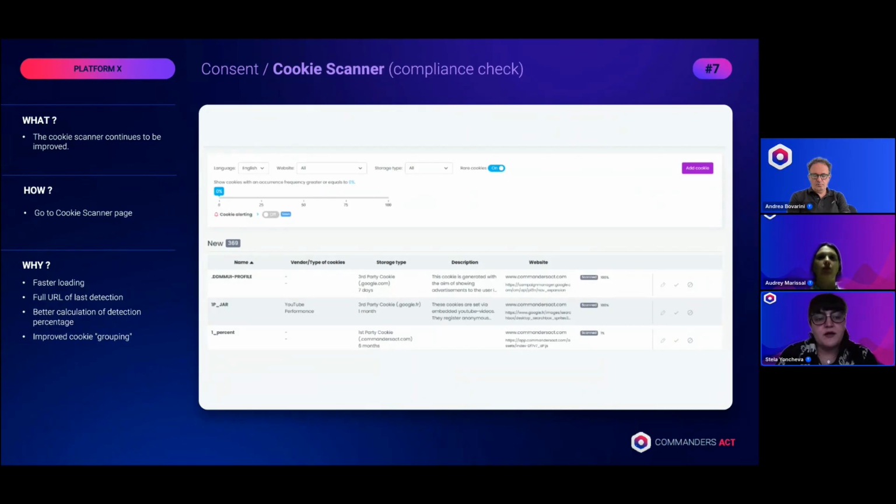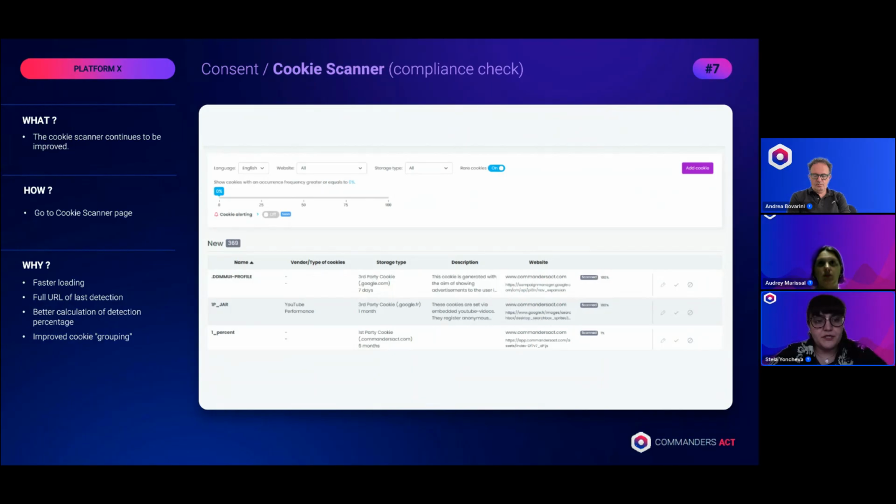The improvements in this case are also faster loading, full URL of the last detection of the cookie, better calculation of the detected percentage, and improved cookie grouping. But as I said, this is not only a UX change or user experience change, but it's also a functional change.